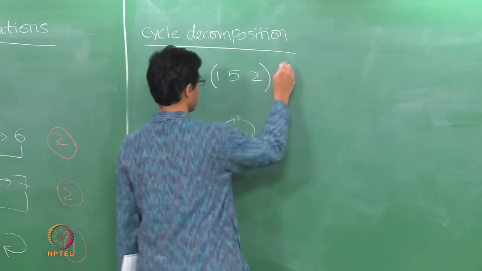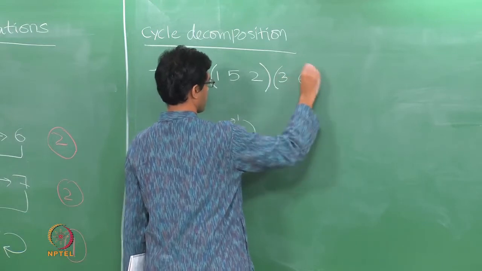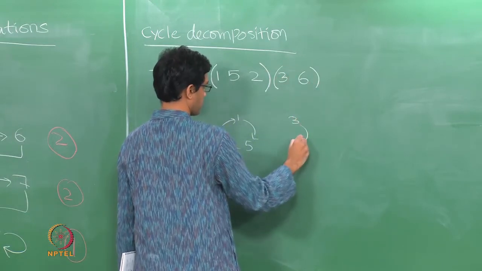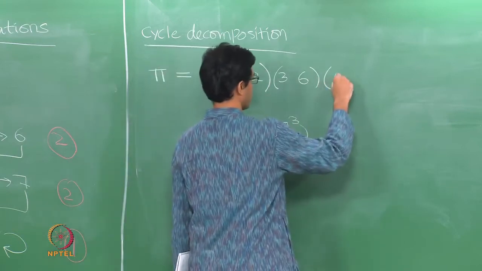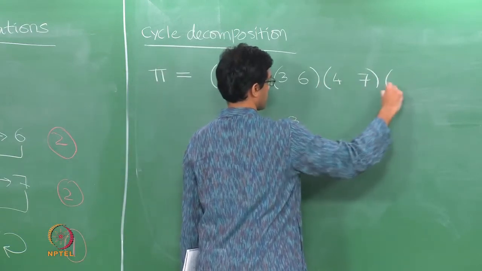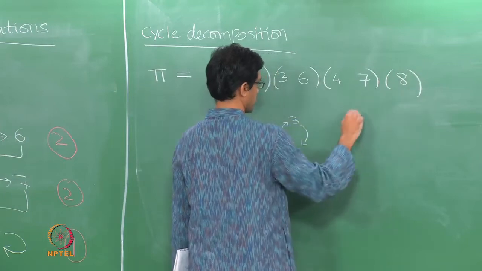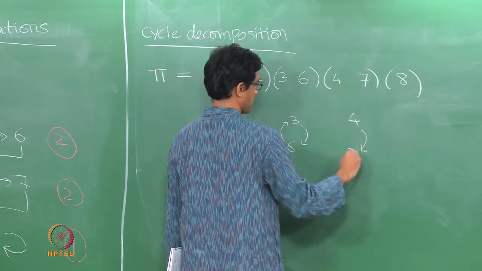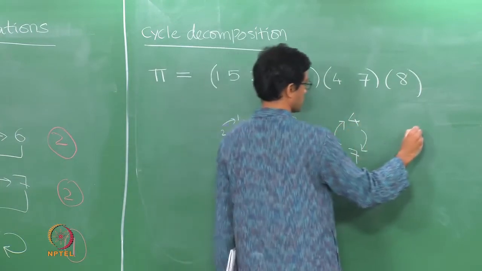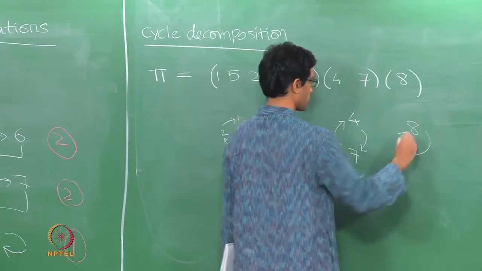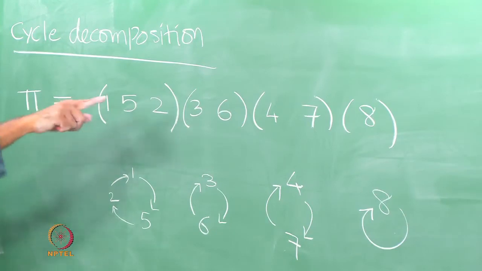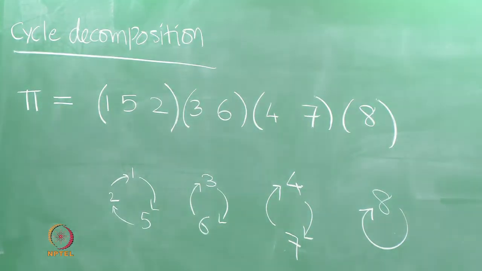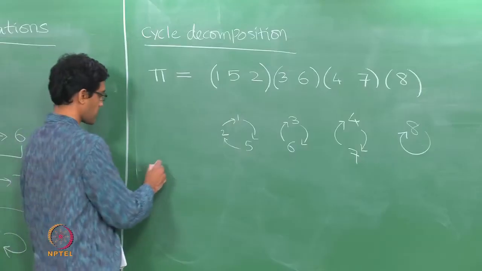Now I have 3, 6, which is shorthand for 3 maps to 6 maps to 3, and I have 4, 7 and 8. So this is again shorthand for 4 maps to 7, and this is just 8 maps to itself. Okay. So this notation upstairs is just what's called the cycle decomposition of the given permutation, and the cycle structure